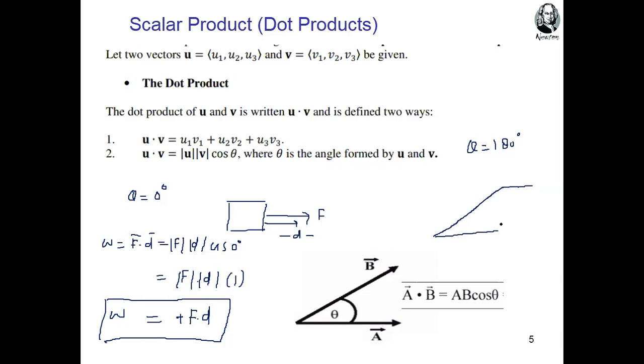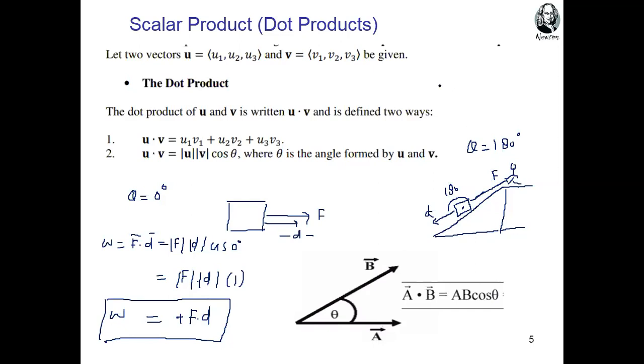If we have an inclined plane and, for example, we have one mass. You are standing here, you apply force to pull this mass, but this mass is very heavy, so this mass moves downward. Now in this case, the angle between force and displacement is 180 degrees. You are, for example, moving this body upward, but due to high weight, the body moves downward.